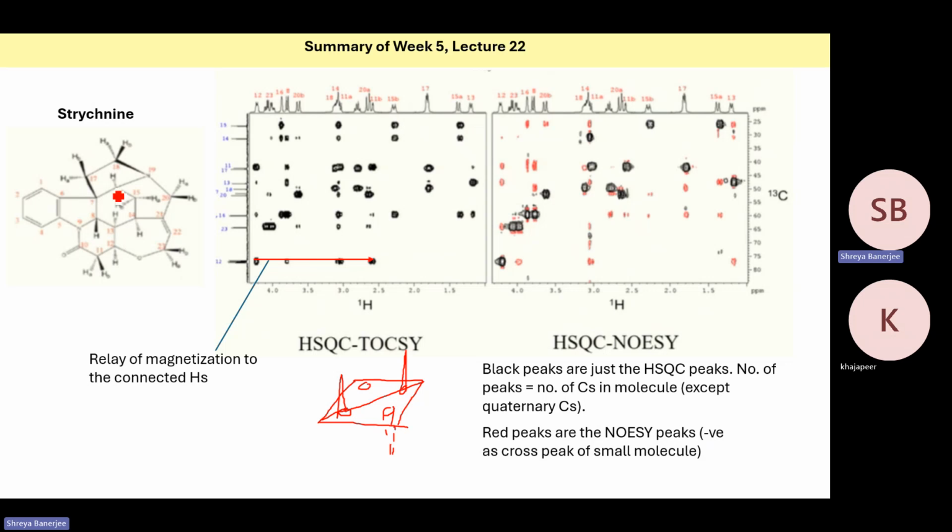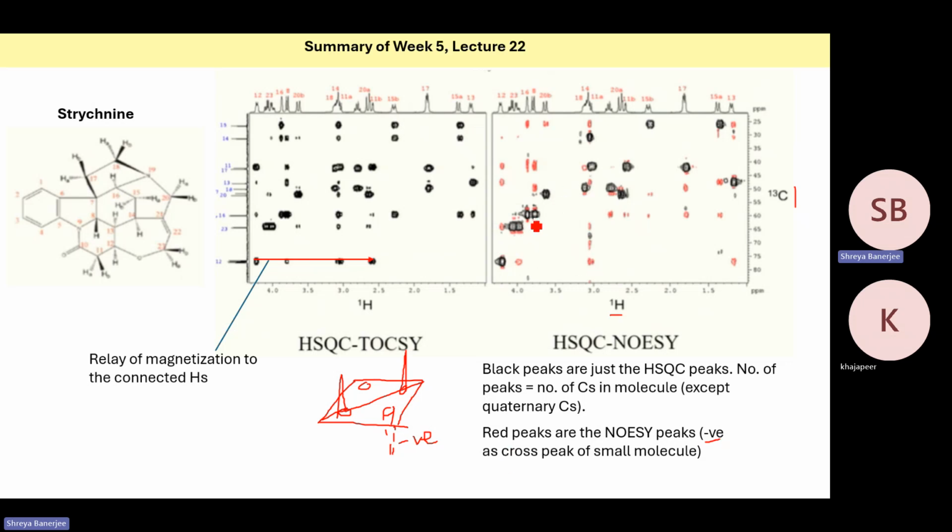Strychnine is considered a small molecule, and because this is heteronuclear, 1H and 13C, there are no diagonal peaks. So the cross peaks are negative,